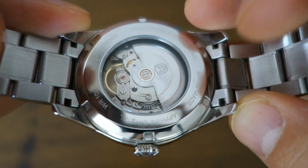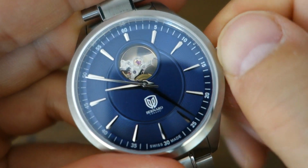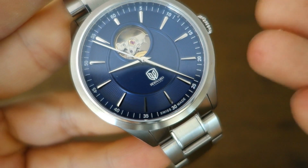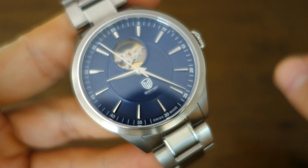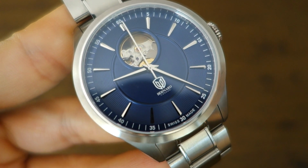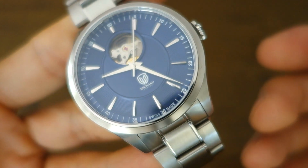Okay, with that screw-in display caseback, it is actually paired with a pushing crown that winds in the 0 position, so it's not a screw-down crown. But overall, they've gone for a 100-meter water resistant rating, which is very pleasing. It does mean that you are able to do a little bit more with this watch than the typical dress